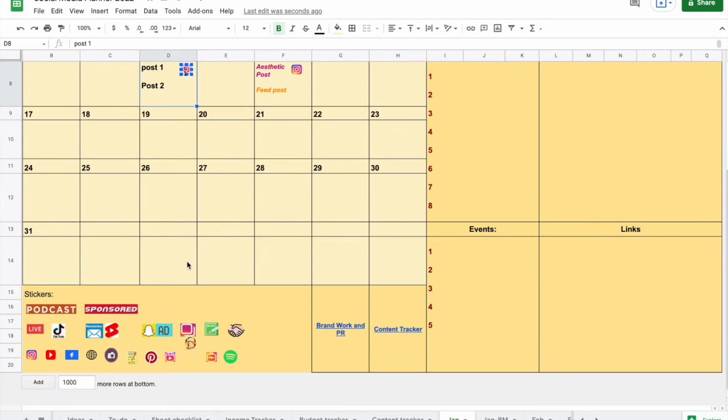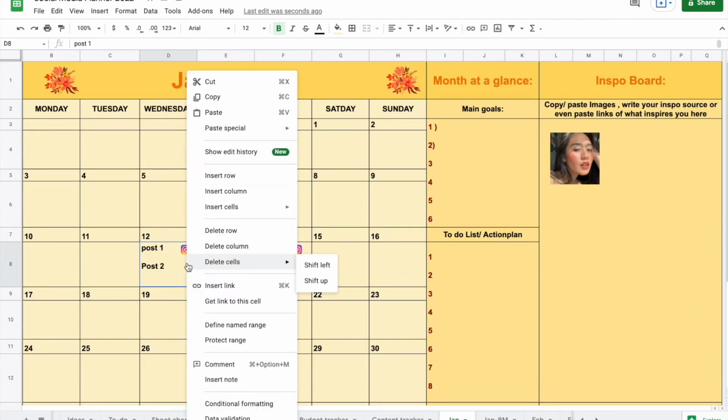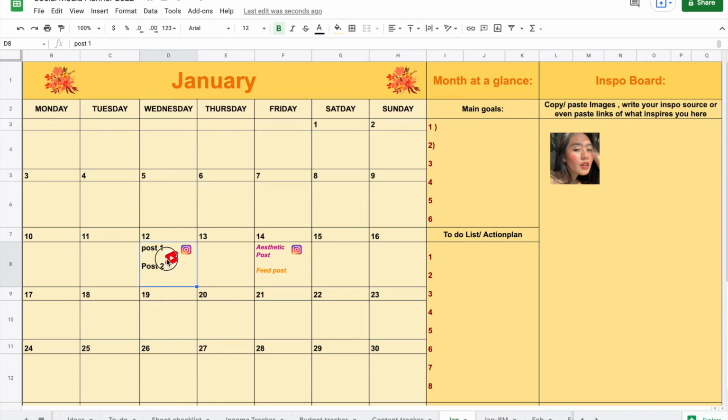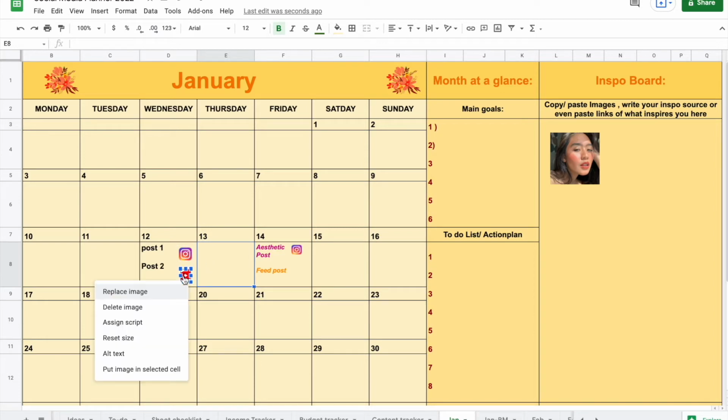For example, maybe it's a YouTube short, so I'm just going to post the YouTube logo over here, similarly. And then you can also reduce the size of it. I wouldn't recommend reducing the size too much, because sometimes these pictures just go all over the place. So it's up to you, but I think keep it as large as you can.